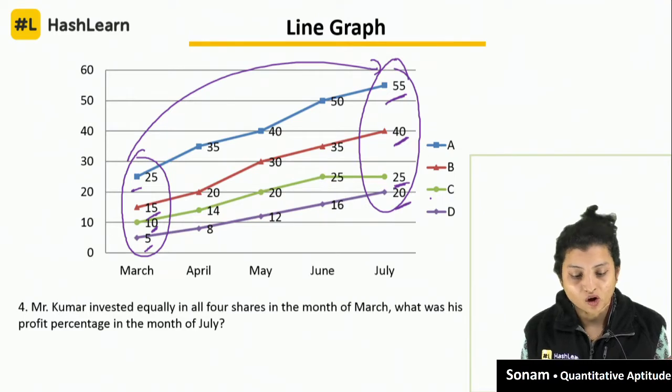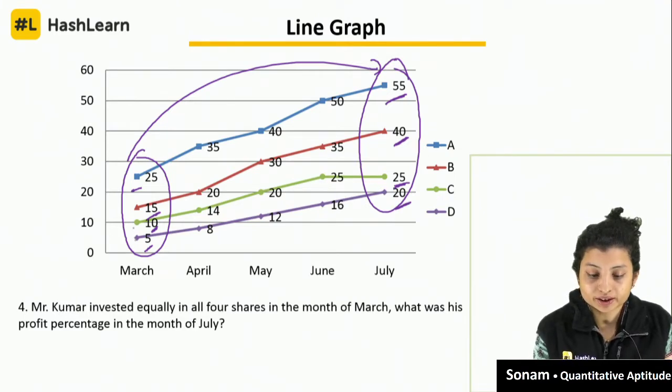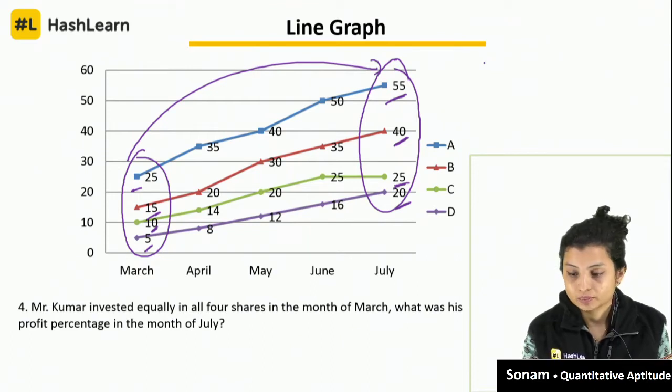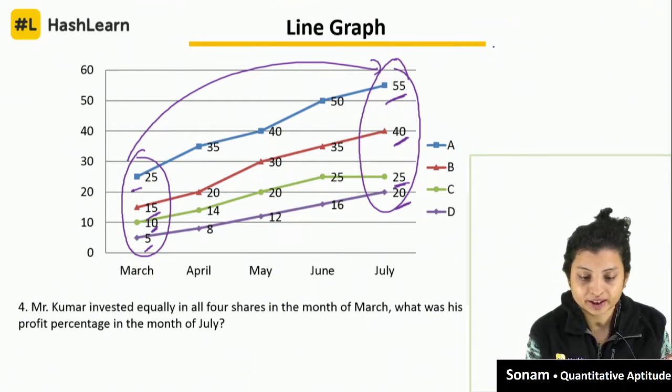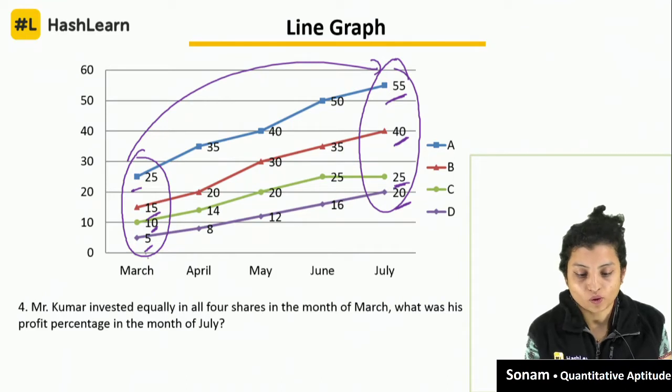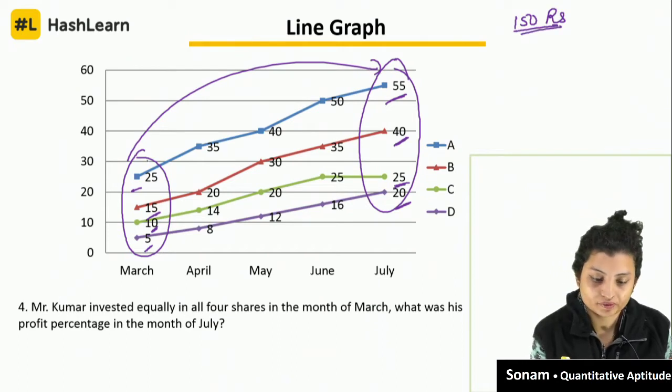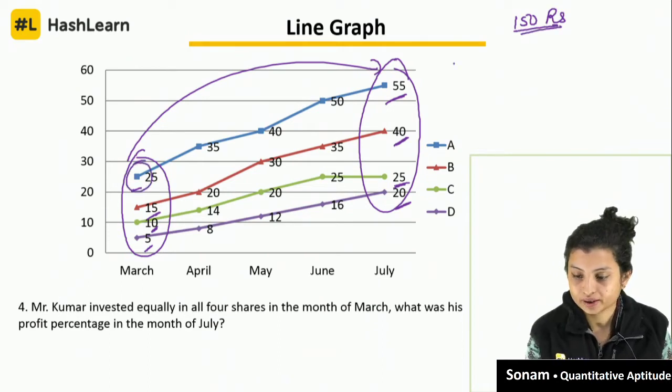Right? Okay, or otherwise what you can do, you can just assume a number that he is investing that many rupees in March in each of them. So we will take such a number which will divide all the numbers in an easier way. So let's say I take 150 rupees. So he is investing 150 in share A,